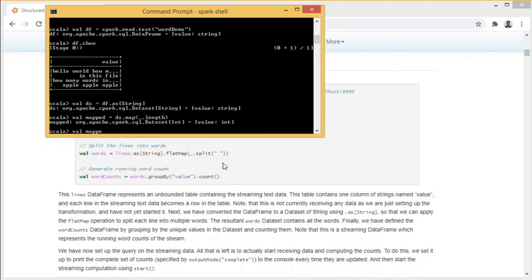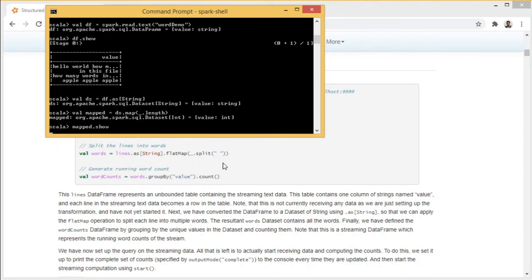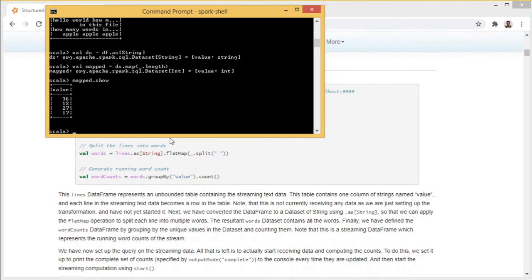And let's see what we have in mapped. So we got the length of all our lines. That is about map. And flat map is a little bit different.